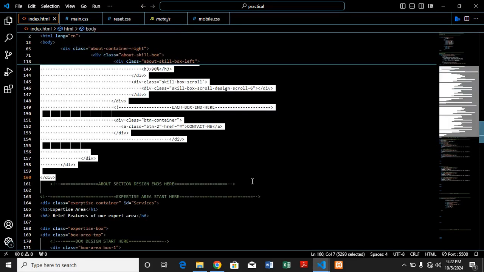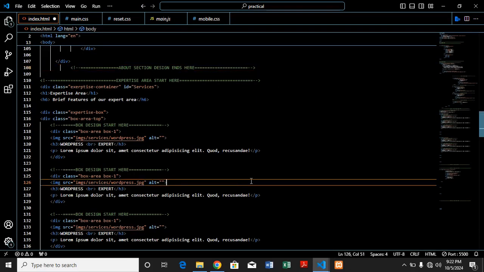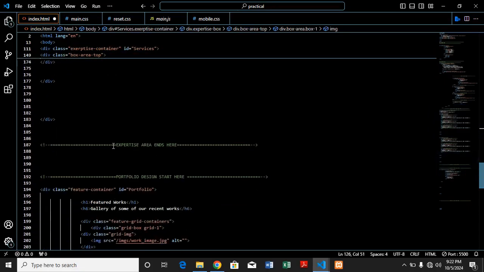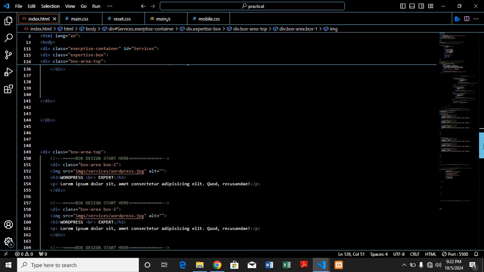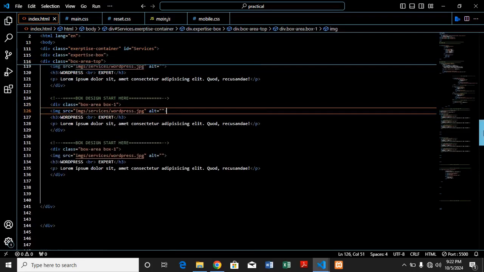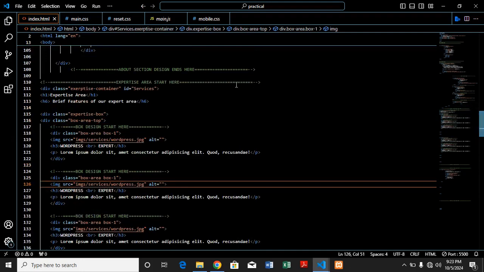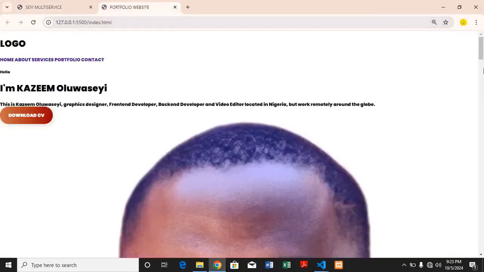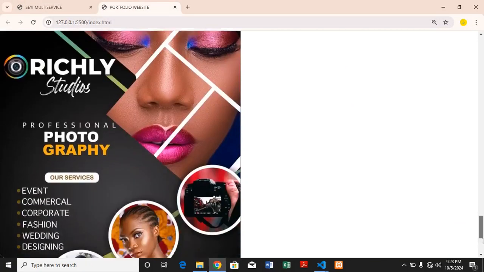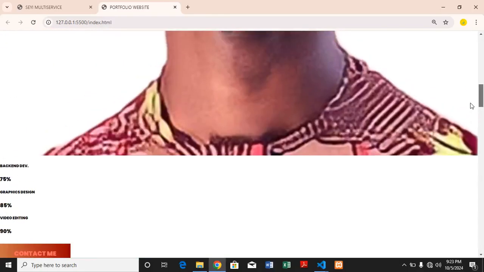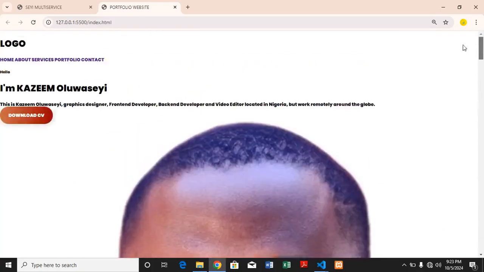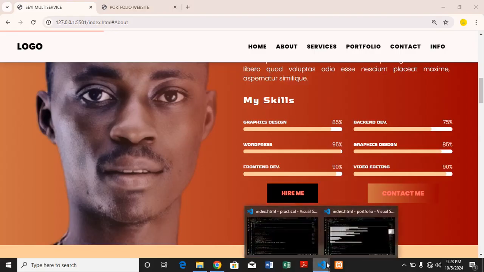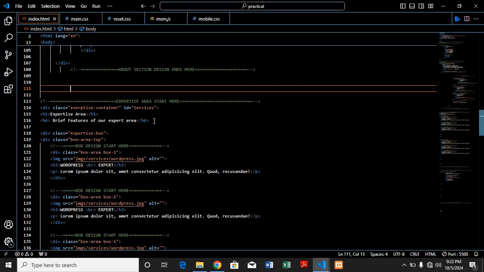Now in that expert area also, so after this, when you check our website, I just updated the file. We don't have the document yet. So the expert area, in the expert area,